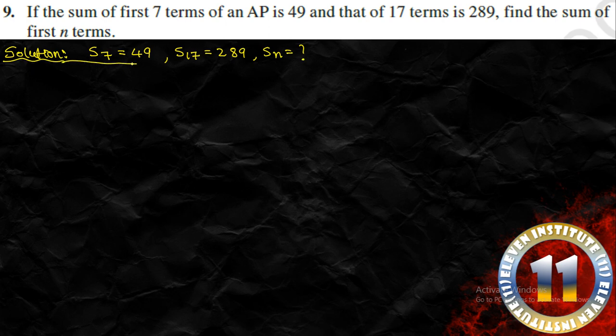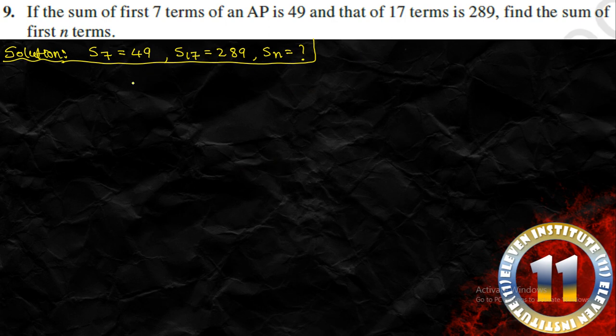So this is a general type of question where you will appear, where you will get a general answer of Sn. So in order to find Sn, we need a and d, because n will remain n in the final answer. In order to find a and d, you have been given two data. So using this, you will find the value of a and d. But before that, just think, S7 is 49, so 7 square. Here 7, so here square of 7. In the same way 17, so 17 square is 289 over here. So similarly, if I want to find Sn, chances are there that I will get my answer as n square. Right, now let us see whether we get that or not.